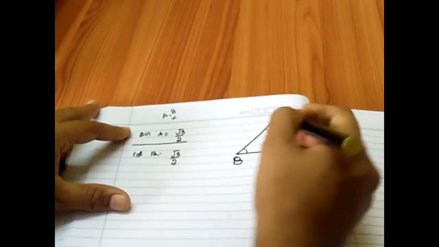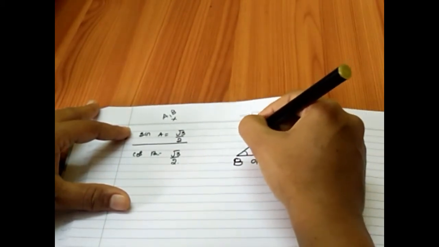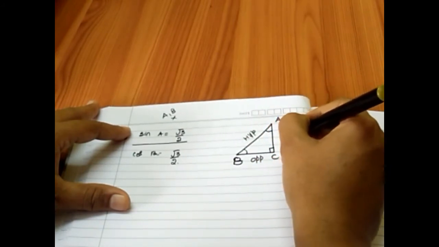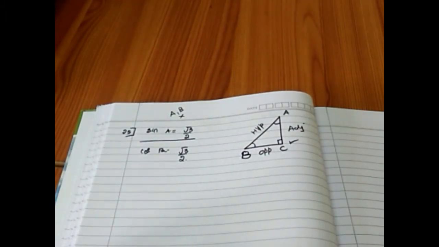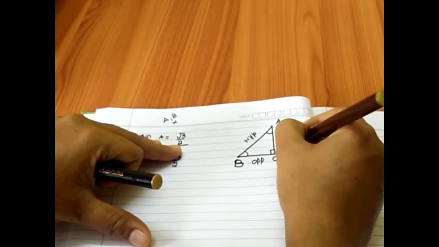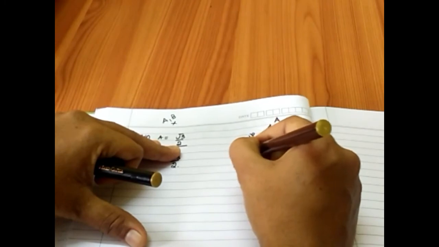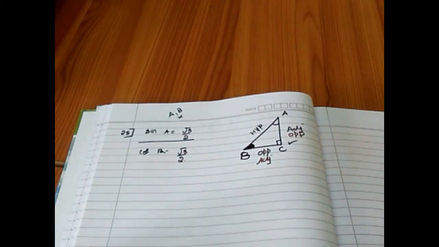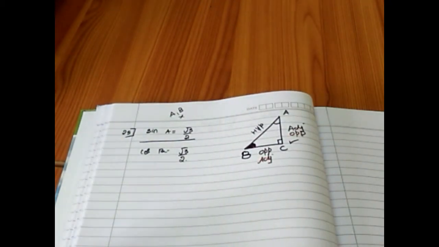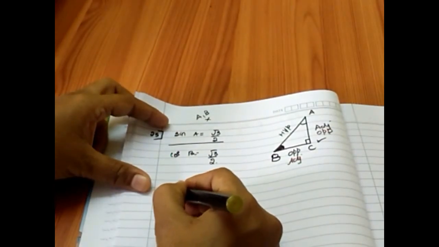Let us consider sin A first, root 3 by 2. If A is marked, opposite side is BC, and AB is hypotenuse and AC is adjacent. But if angle B is marked, what happens? AC becomes opposite and BC becomes adjacent, hypotenuse remains the same for angle B. Now we need tan A and tan B. So I need to consider sin A first and find out what is tan A. Later consider cos B and find out tan B. Start with sin A children. I hope you can manage by yourself.